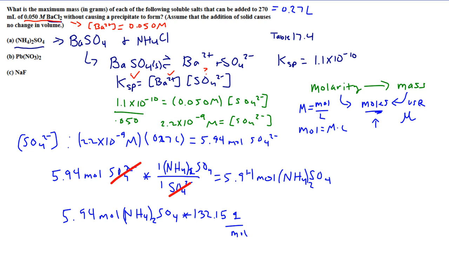And when we multiply, moles are on the top versus the bottom, so moles cancel. We're left with grams, which is perfect. It's what we want. So our final answer for this particular problem should be